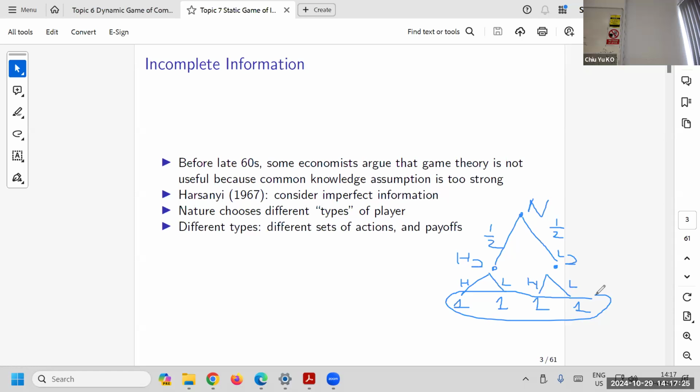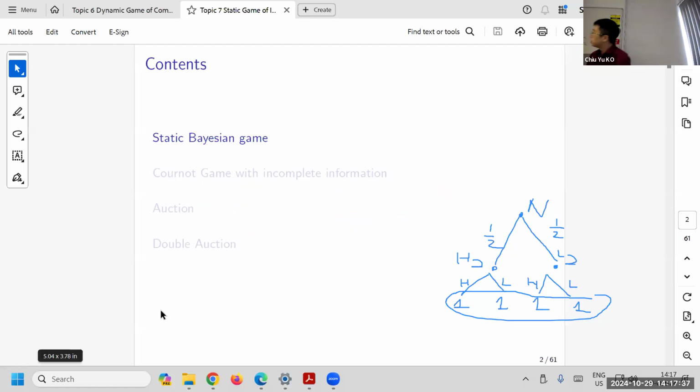But we will talk about this after. And you ask, why do we care about this? This is a very important application, as you can see from the slides. The topic is called auction. An auction is when you have an object, you don't know how much to sell it for, because how much to sell depends on the buyers.